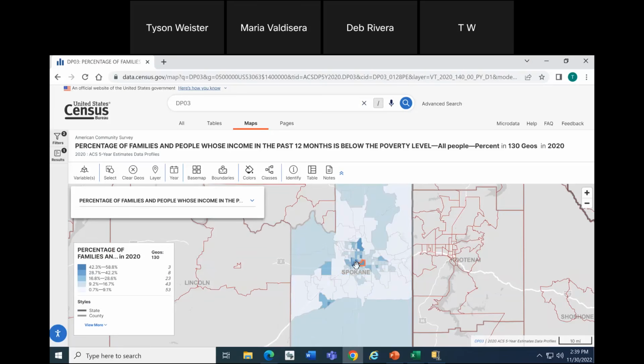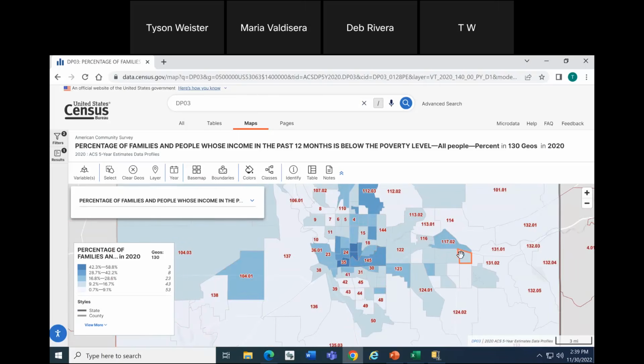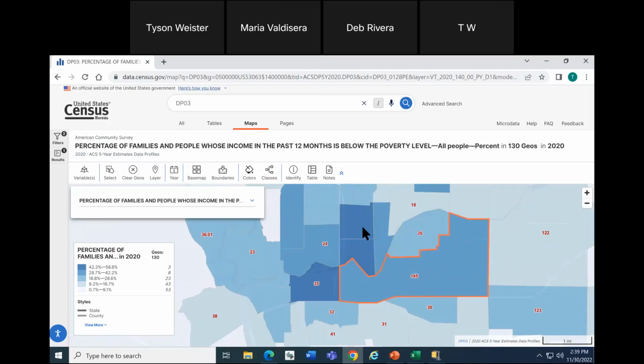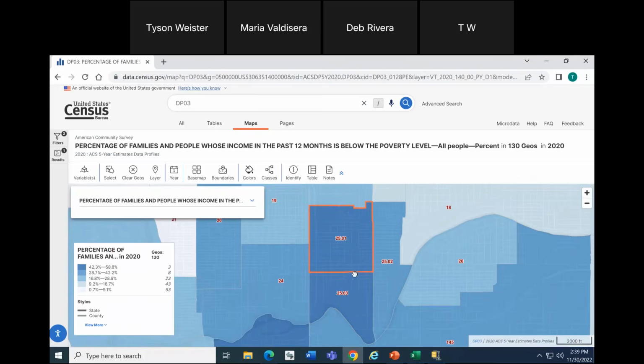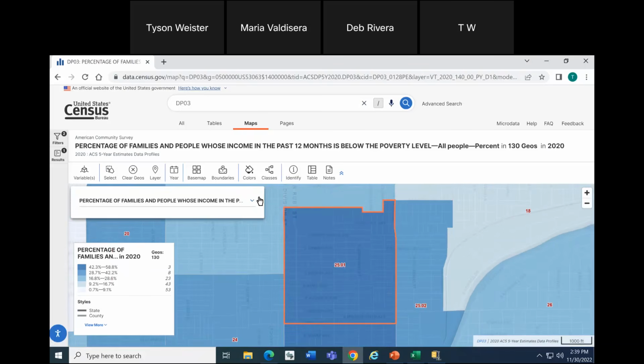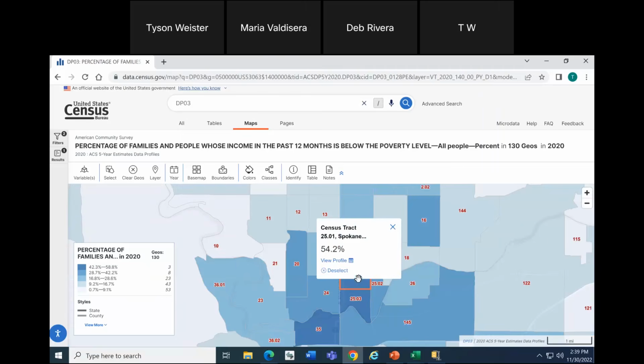And what we're seeing is a nice way to visually digest complex information. This shows us that the areas, or census tracts, in dark shades of blue have a higher percent of their people living in poverty compared to the areas in lighter shade. If you're not familiar with what census tracts are, as you zoom in, you'll see street lines and street labels populate so you can make sense of these geographies. You can also click on an individual tract and see, as an example, in census tract 25.01, 54.2% of people in that tract live in poverty.